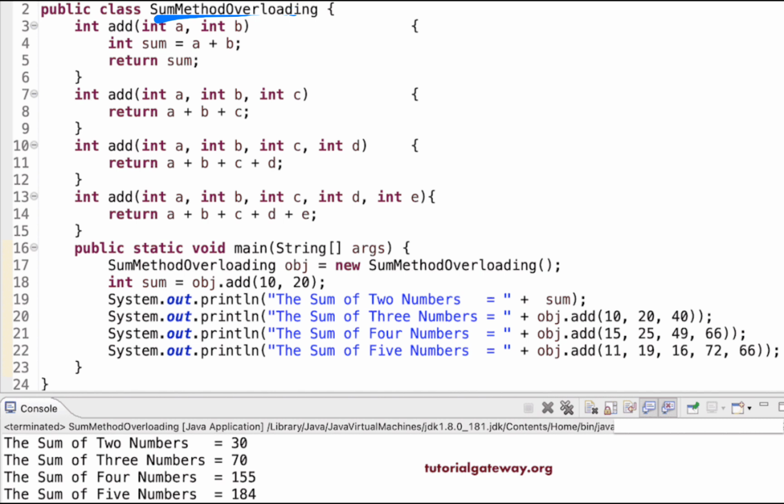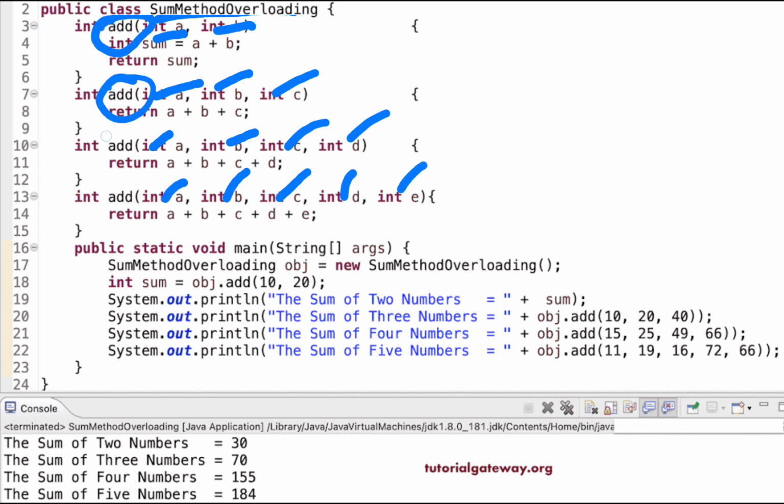Inside that class you see the add method, and you see the different parameters here, and we are doing arithmetic operations. The method name is the same everywhere, and we only change the parameters by adding some extra parameters. So this way we can achieve method overloading in a